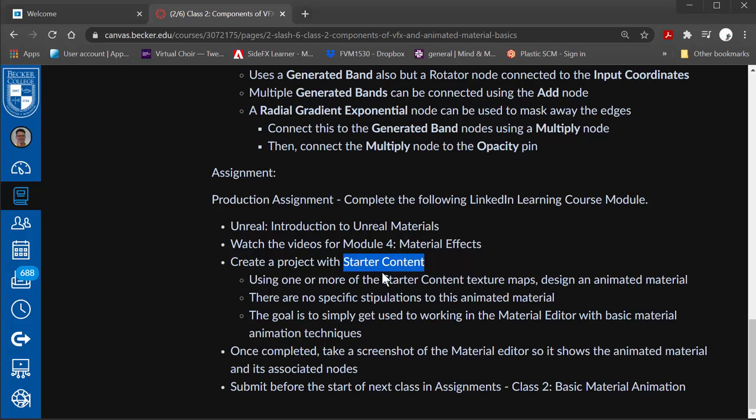Then what I would like for you to do is use one or more of the starter content texture maps to design an animated material. There are really no specifications for this animated material. I just want you to experiment with it and get used to working in the material editor, in particular using the panner and/or rotator nodes to animate your texture. Once you've completed it,